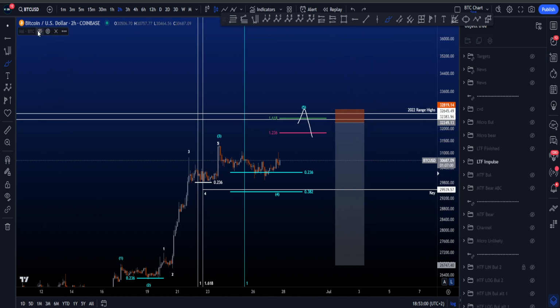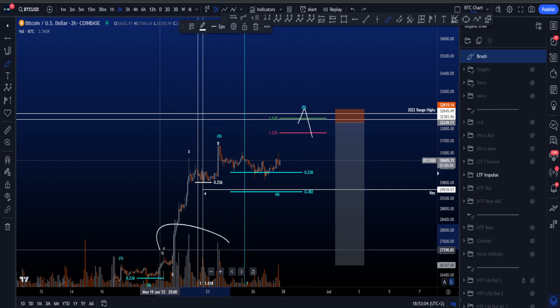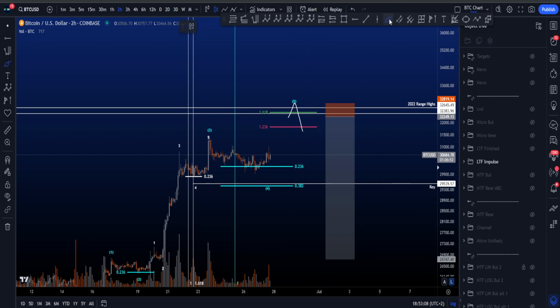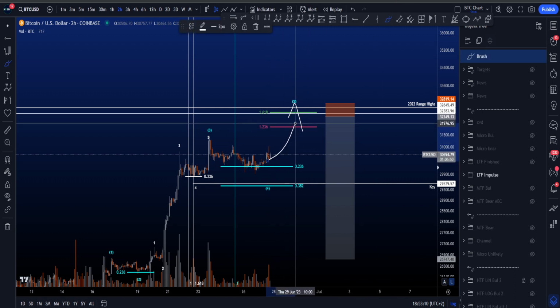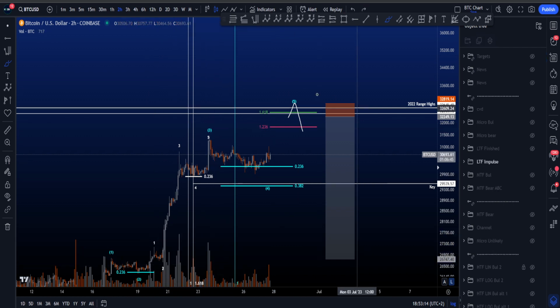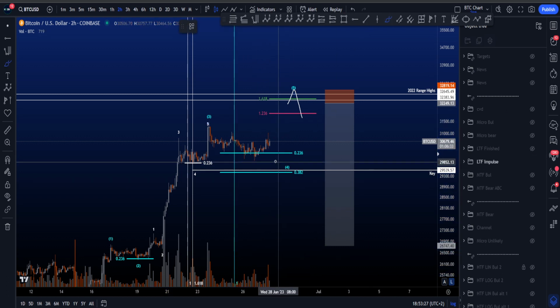And again, I repeat myself, you want to see the volume of this wave 5 being less than the volume that we had in wave 3. That's very important. If volume is going to be increasing towards the upside compared to a wave 3 amount of volume, then of course this is not going to be a trading setup, because that's not what you want to see. But in this scenario, we then expect wave 4 to be in a little bit later, or wave 4 might already be in. We go to the micro in a second, and then eventually you expect continuation to the